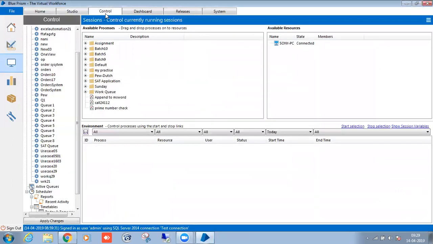So the question is, if we are running the process on the VM, suppose you're running at night, some 11 p.m., running the bot from 11 p.m. to 3 a.m. in the morning. But meanwhile the VM is free, right? So it may go into a lock state, where the screen lock is going to happen. How are we going to handle that? If your screen is locked and you run the process, and you are interacting with any business object, like opening some browsers, that won't work. The process is going to get stuck over there.